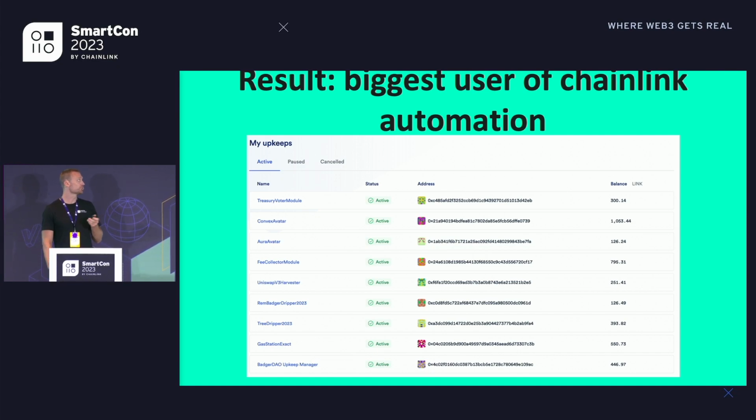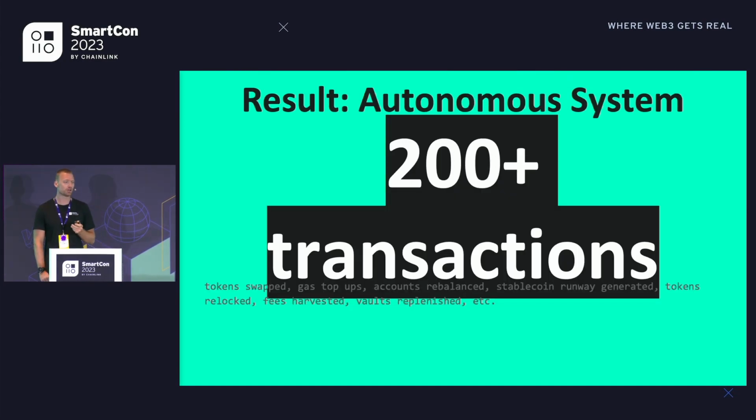So this is one of the results of that system. We're actually the biggest user of Chainlink automation currently. You can see a list here of all the various upkeep processes that are active. And another very cool result is that this system transacted over more than 200 transactions,